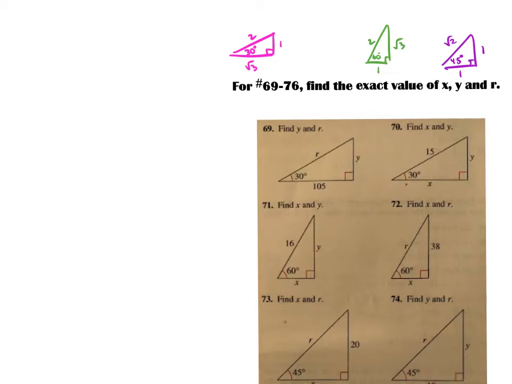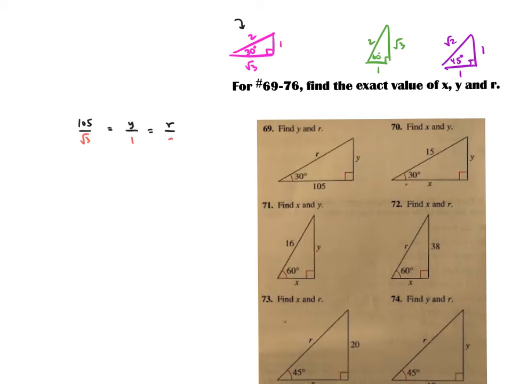In problem number 69, you can identify immediately that we've got a 30, 60, 90 triangle. So I'm going to use this pink reference triangle up here, and I'm going to write out a proportion. I'm going to take 105, y, and r, and write out a proportion with these, corresponding them to the sides of the reference triangle above. So 105 corresponds to root 3, in the same way that y corresponds with 1, in the same way that